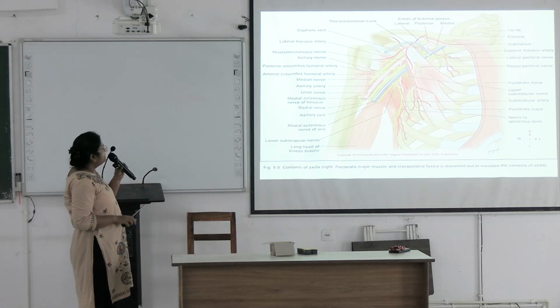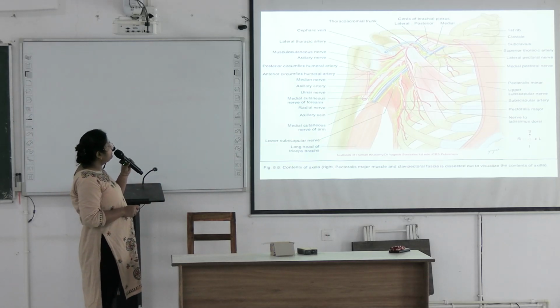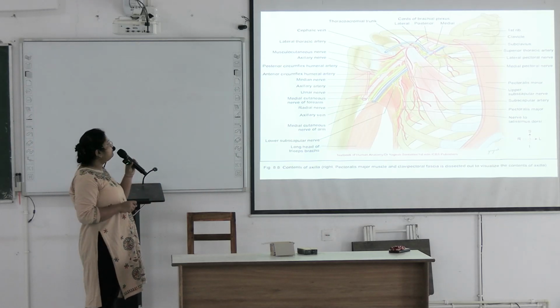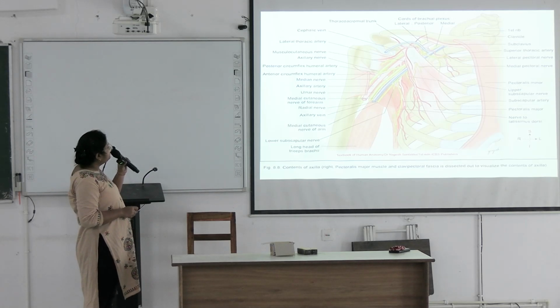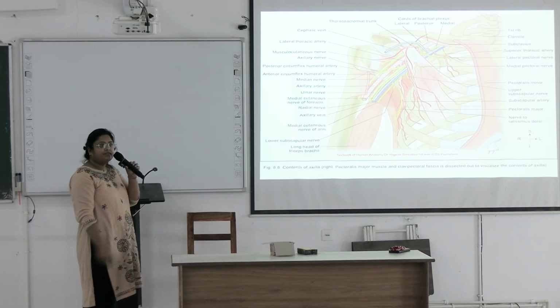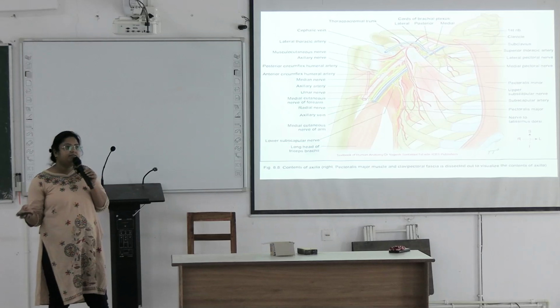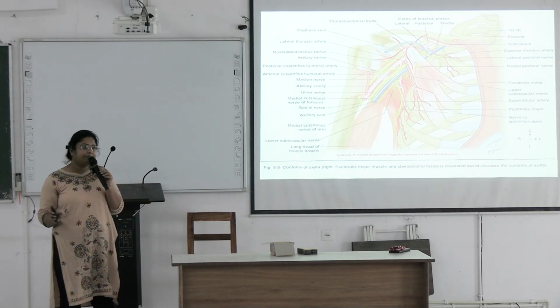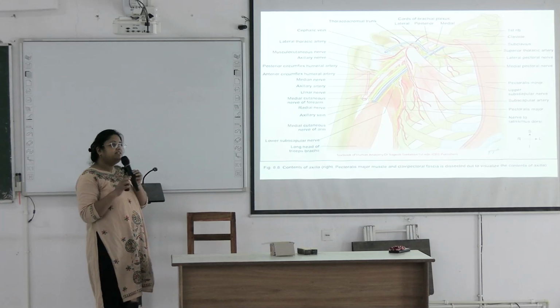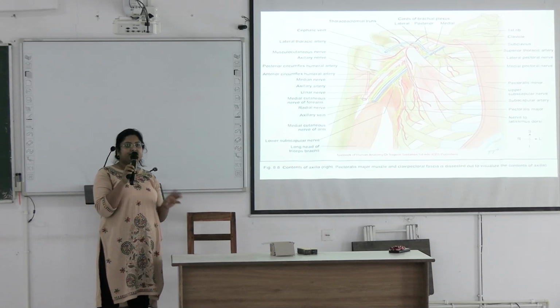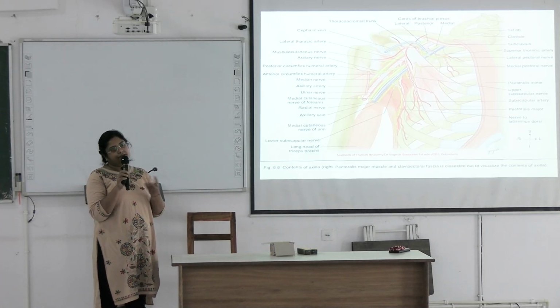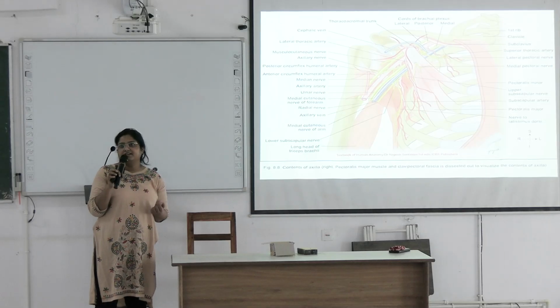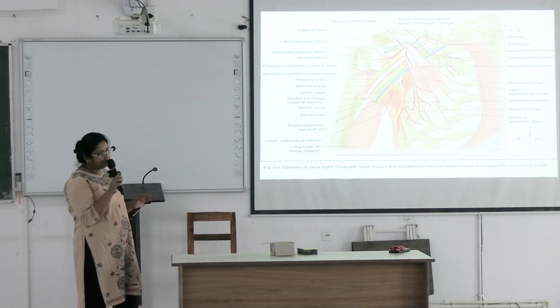Okay, and lower subscapular nerve, it will supply the subscapularis and the teres major muscle here. Subscapularis and teres major is supplied by lower subscapular nerve. Okay, and sometimes intercostobrachial nerve is present. It is a thin nerve coming from the second intercostal nerve. Okay, if present, I will show.